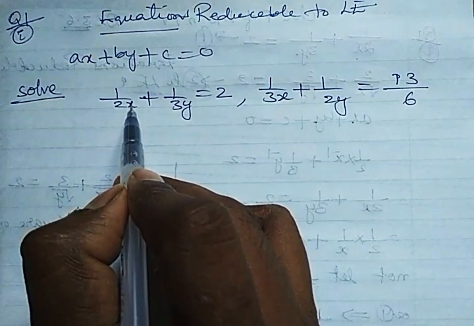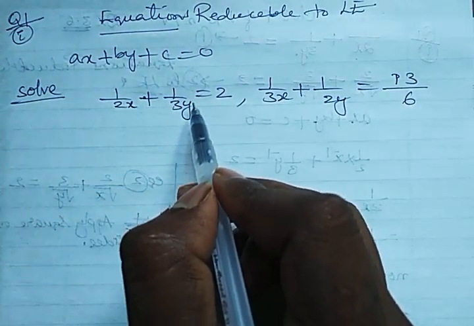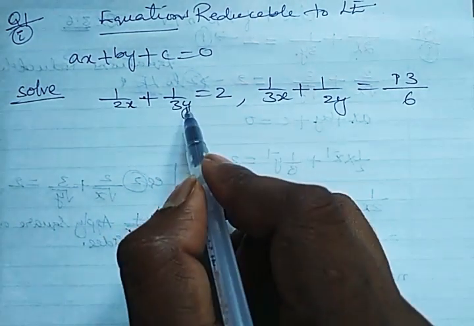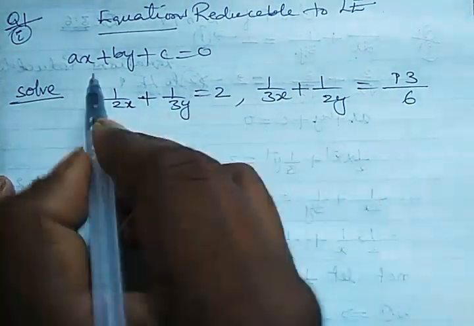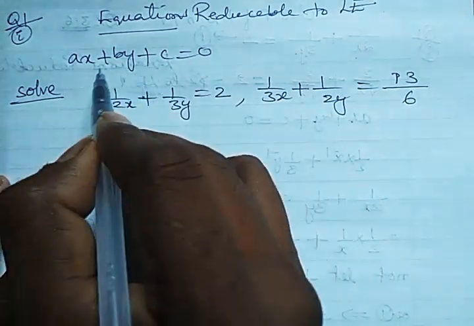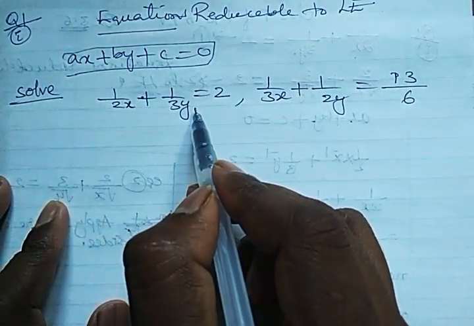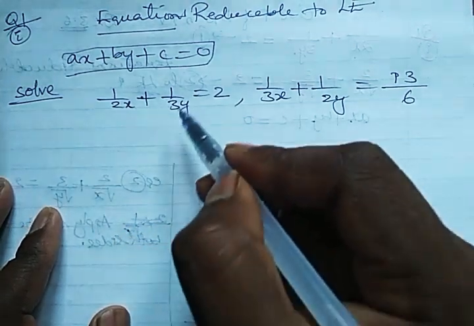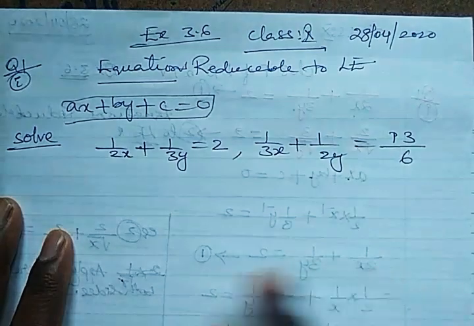So here x and y variables are in the denominator, so their powers will become negative when we bring these two upside. You may think, why to bring these upside? We can leave it in the denominator, but if they are in the denominator, they are not of this form, linear equation. So this is not a linear equation in two variables, it is just an equation. So we need to convert it into linear equation. So that is called equations reducible to linear equations. So how to reduce them?